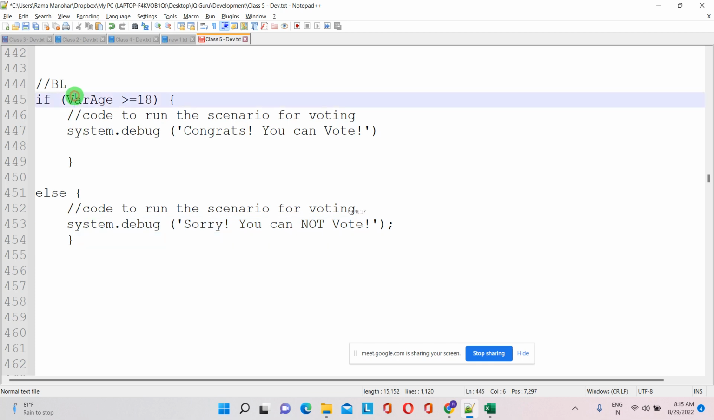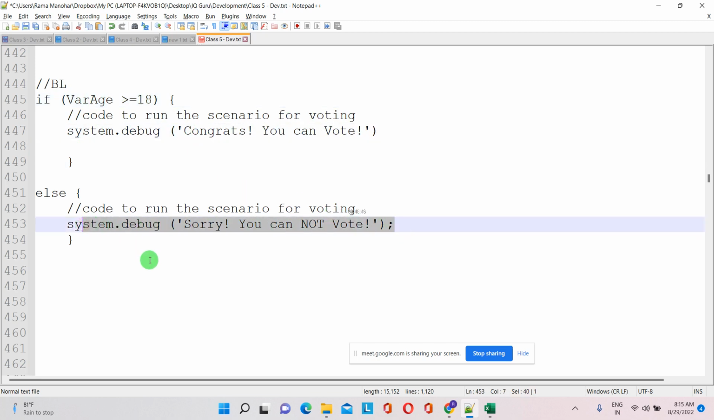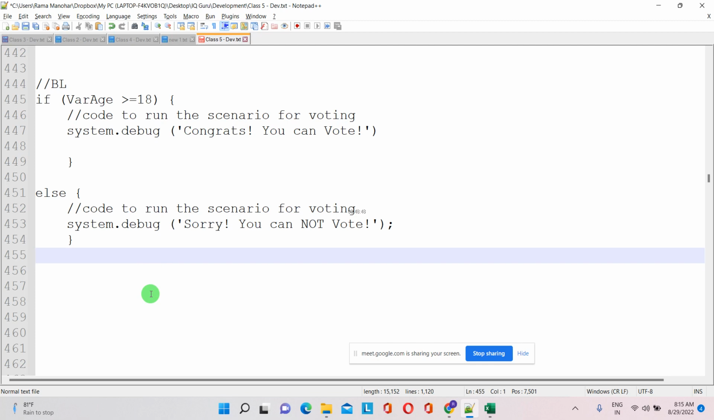Here we gave a condition, right? If it is greater than 18 years, it has to come. Otherwise, if not, the else will come. That's it. Only two things will be there: eligibility criteria. In case we have more eligibility criteria, like